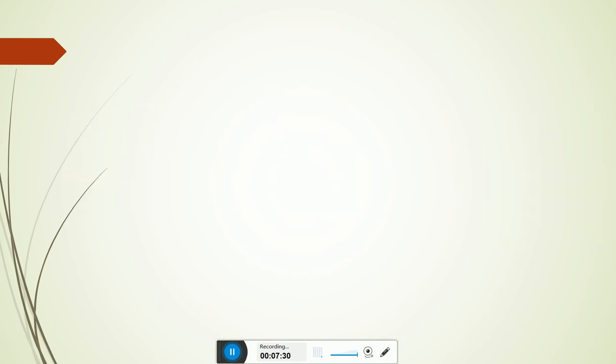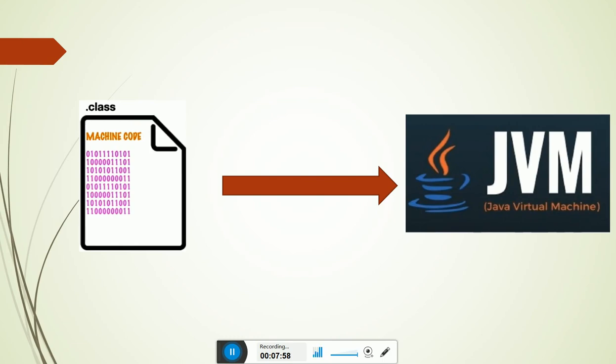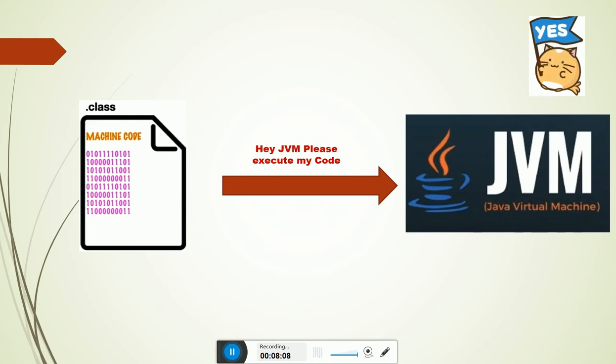Now, since we have machine code, a binary version of our source code, or bytecode, if we make the same request again to JVM to run our code, hey JVM, please execute my code, and JVM says yes, I like it, and JVM happily is able to execute our code this time.